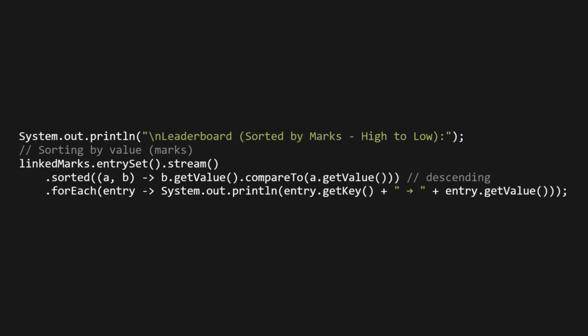System.out.println("\nLeaderboard sorted by marks high to low"); Let's sort by value, marks. linkedMarks.entrySet().stream().sorted((a, b) -> b.getValue().compareTo(a.getValue())) in descending order .forEach(entry -> System.out.println(entry.getKey() + ": " + entry.getValue()));